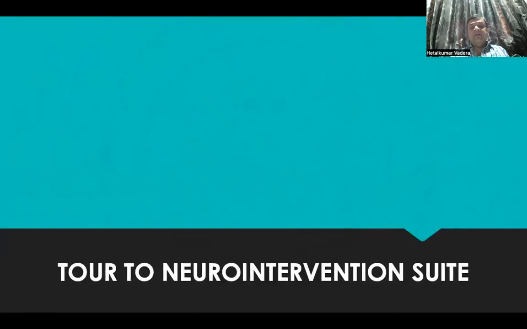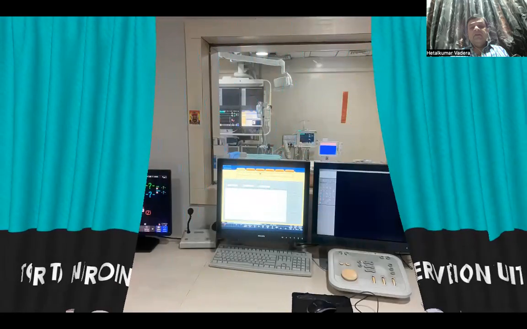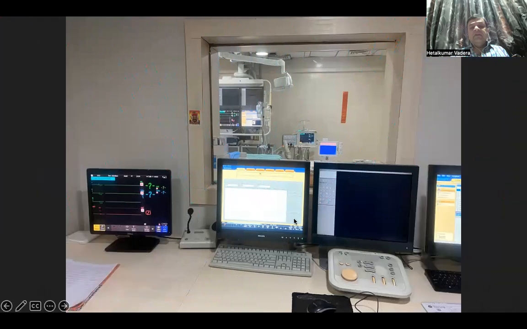So if we take a tour of the neurointervention suite, here it is like this. This is the console of the cath lab. From here you can monitor everything. Here you can monitor the radiology snapshot. Here you have monitors so that you can monitor the patient by sitting inside this room and avoid radiation exposure. If you have intubated the patient, and you have an anesthesia machine and a proper ventilator, you can just put the patient on infusions and the anesthesia ventilator and monitor from away so that you don't have radiation